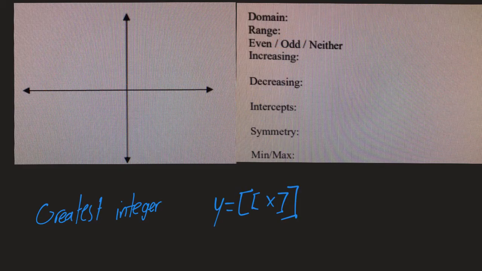All right, and our last function in this library is our newcomer on the block. This is a function that you probably just learned about, and it's called the greatest integer function, or the stair function is kind of the slang term for it. And remember, that's the function that makes these stair-step looking pieces, going onwards each time. And we have to remember it's always filled in at the left side and open on the right side. Okay, and it makes these little stair pieces, and we can continue with that same trend